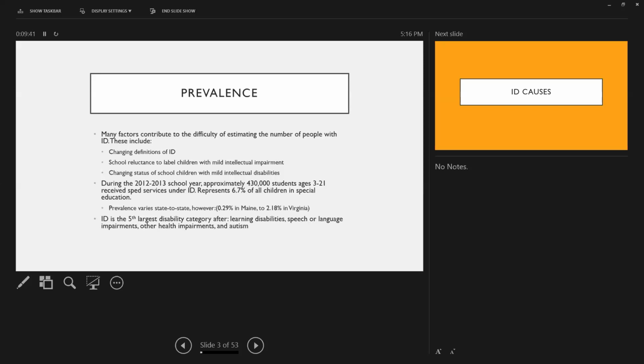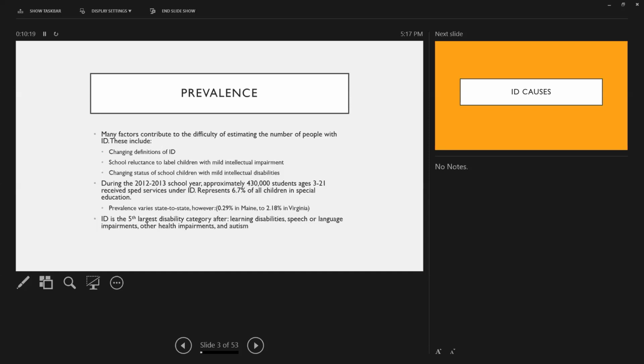Certainly when we're talking about intellectual disability, it does encompass a range, students who are impacted from a very profound sense down to a very mild sense. But certainly there have been changing definitions of intellectual disability. I've read that schools might be reluctant to label children with mild intellectual impairments, and the changing status of school children with